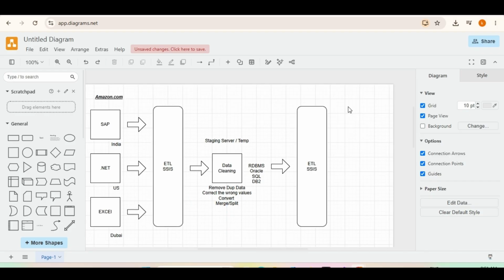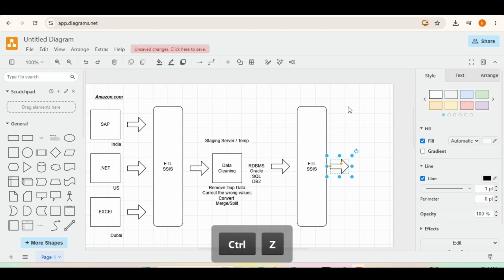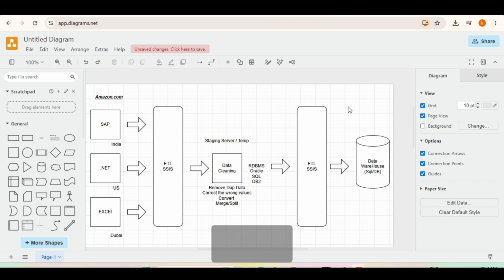Then with the help of one more ETL, all the data from the staging server is going to be loaded into the data warehouse server. This is where the data warehouse concept starts. If you want to get the data into the data warehouse, you have to use an application called ETL. Only then can a data warehouse be created.